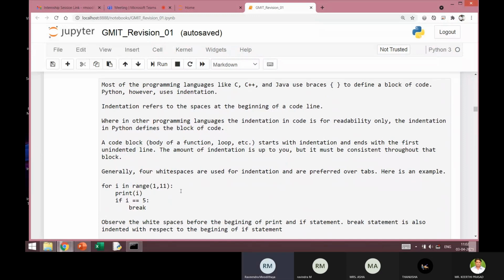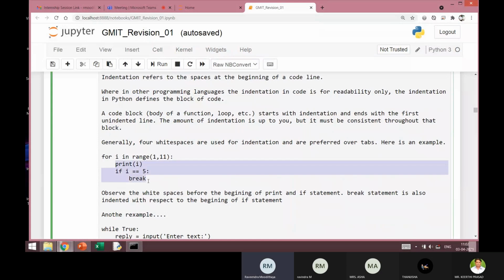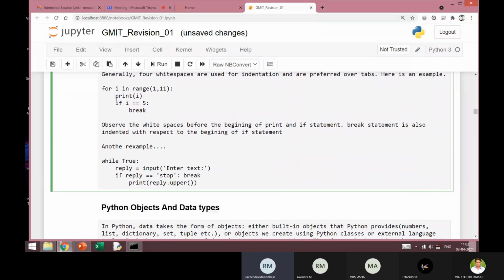In Python, there are no curly braces used to indicate the block of code. For example, if you write a for loop, you can see that no curly braces are used to group this part of the code, but instead indentation is used.